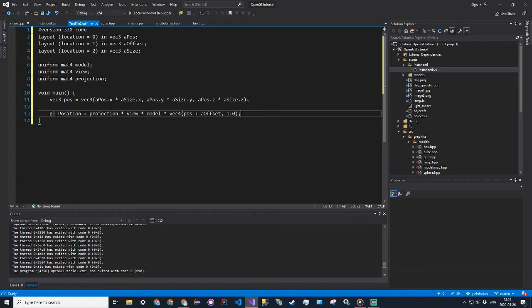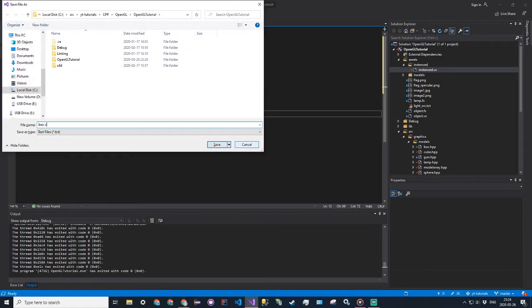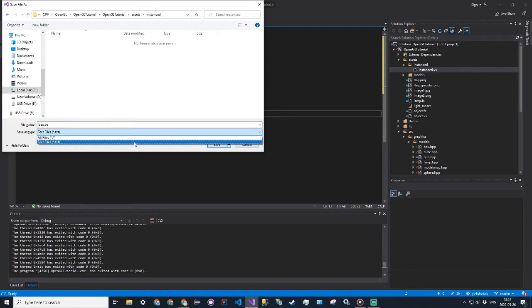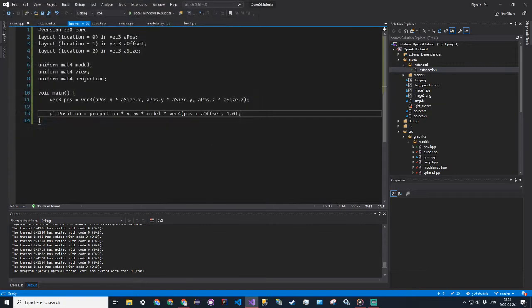Alright, so let's save this, and let's save it as box.vs for Vertex Shader and put it in the assets/instanced folder there. And then save it as in all files, save. And then refresh,